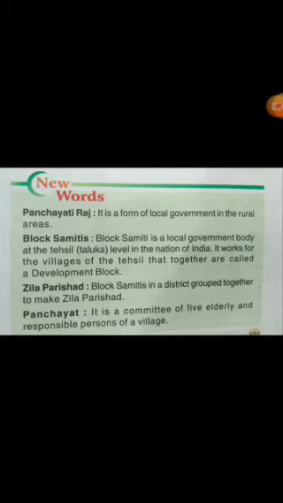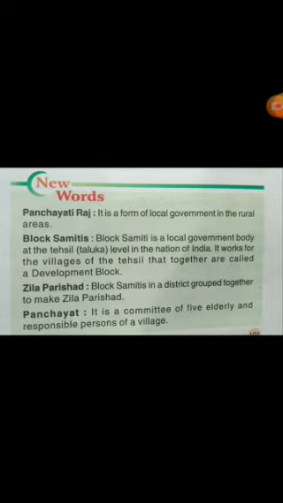For example, a village can construct and maintain the roads inside the village, but it cannot construct a road which passes through the other villages to the town. For such cases, the neighboring villages must be grouped together to form a block samiti, and this block samiti will construct the roads which pass through all these villages. The first one is the basic unit, and that is the village, and the next level is the block samiti, and that is the second tier.